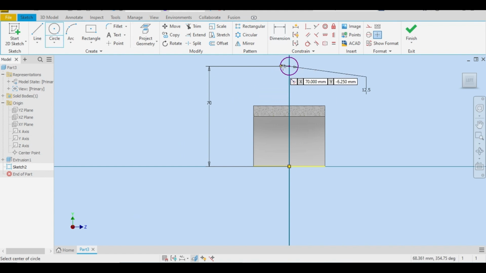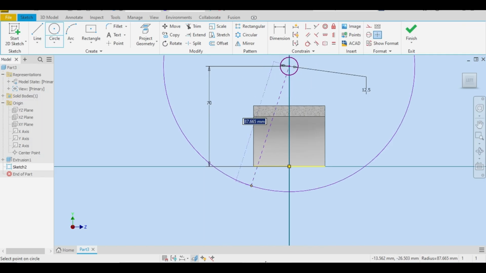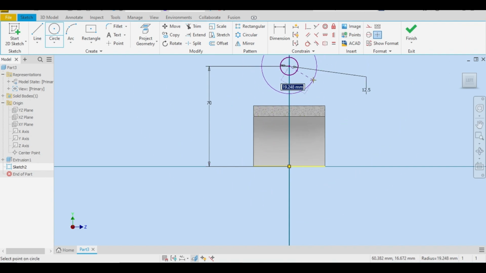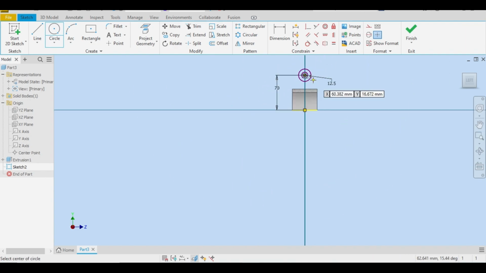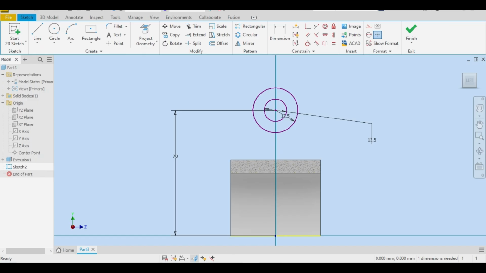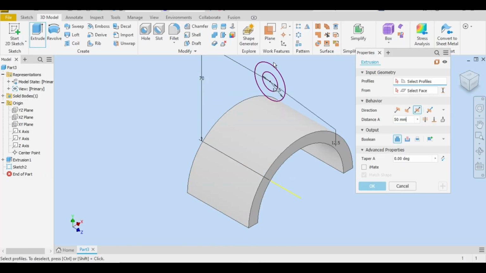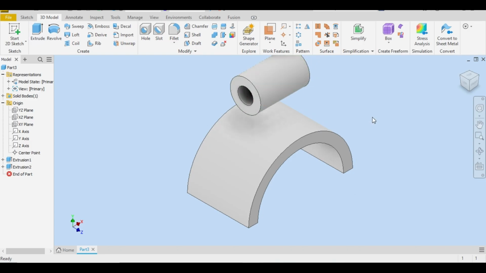Let me choose Circle here. Radius, what is the radius? It is 12.50. Let me choose 12.50 here. Okay, finish sketch. We will use the thickness as 40mm, not thickness but the length. Look, it is given here, 40mm. So I will choose Extrude, select this face and type 40 here, like this. Okay,